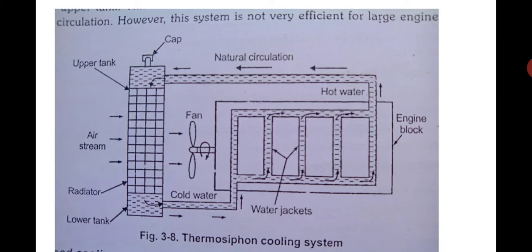So the hot water comes to the top and it comes to the radiator. Now in the radiator, the water falls from the top. Due to the tubes, it comes down. Okay, when it is coming down, there is an air movement across the tube. Like this is a cross flow heat exchanger. So the hot water will exchange its heat to the cold air, and there is a fan here. The engine drives a small fan. Okay, the fan sucks the air, so the air is sucked through the radiator, and this movement of air against this hot water will allow the heat transfer to take place from the hot water to the cold air,